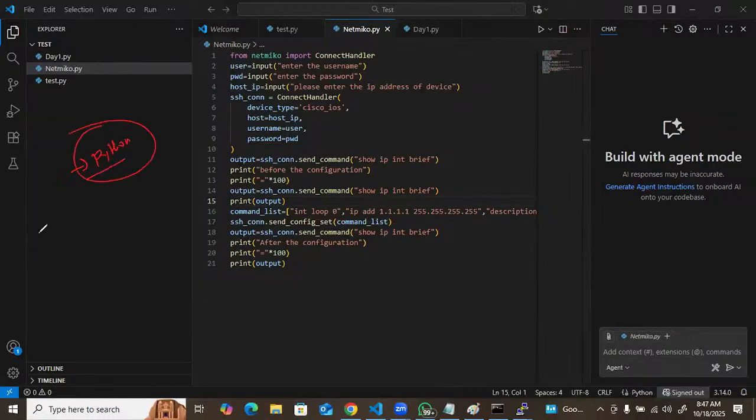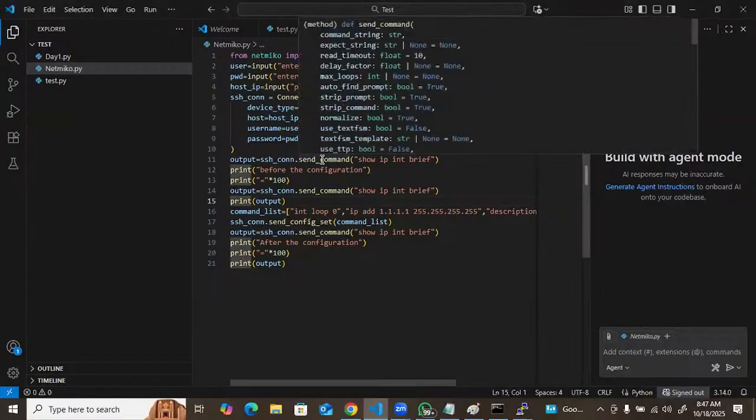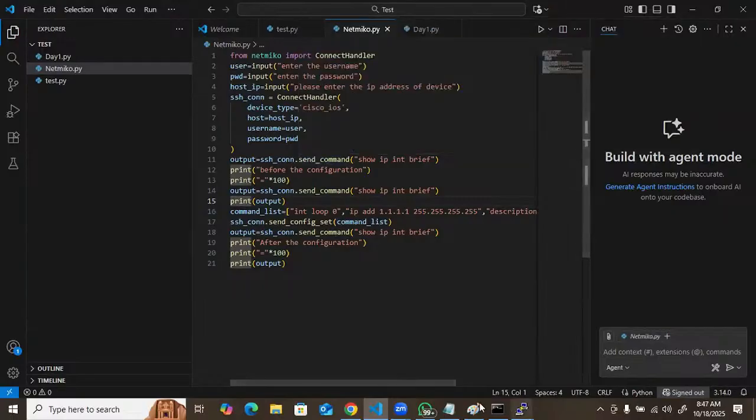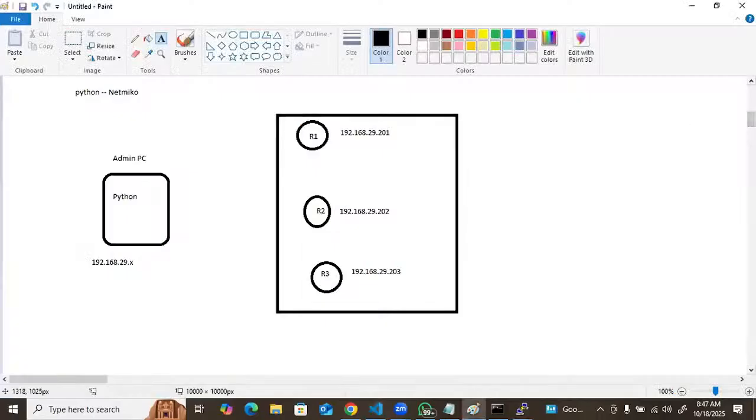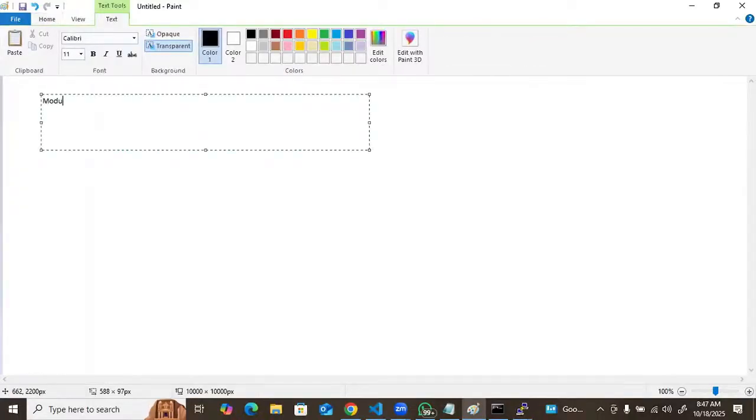Okay, so let me explain in our complete journey what we are going to discuss. I will not start directly from there, guys. Obviously, you are not able to understand unless you know Python. Got it? So our program is divided into multiple modules. Module number 1 that we are going to cover is Python.